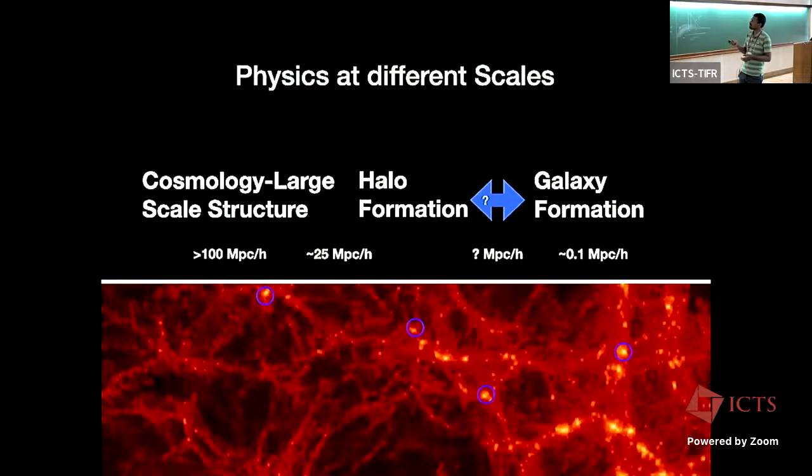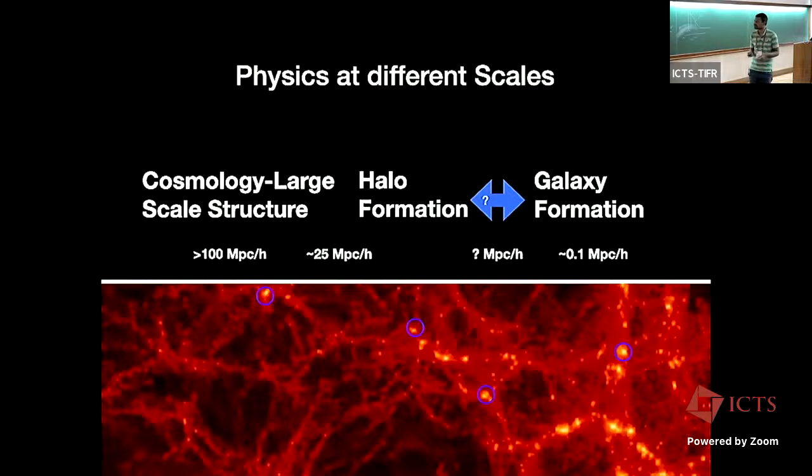which becomes hard. And if you go even further, because we are looking at galaxies, the galaxies are of the order of 0.1 megaparsec at the scale. So 0.1 megaparsec is roughly the scale where we feel we should see the effect of baryons, what baryons are doing: the redistribution, supernova, AGN feedback. All of that should change the distribution of matter at that kind of scale. And so these scales are important to keep in mind, because whenever you're thinking about any sort of physical constraint, you are going to do it as a function of scale,